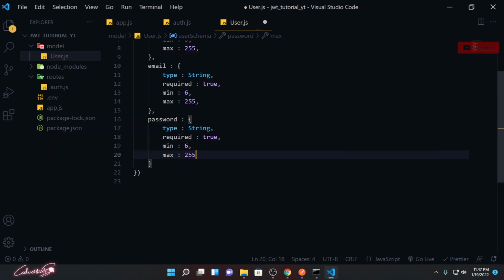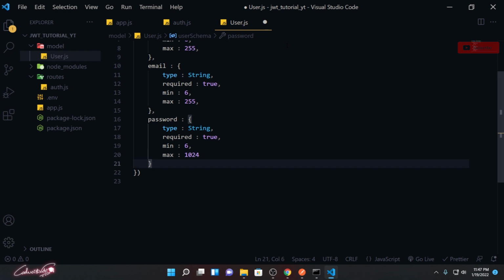I think we need to expand it to something like 1024. Why I'm saying this is because later I'm going to encrypt the password, so that will throw a bunch of characters. I don't know what count it will come to, and it depends on what kind of password you are giving. So the hashed password will always be a little bit too lengthy, so we'll make sure that we store every single character of it encrypted. So I'll keep it as 1024.